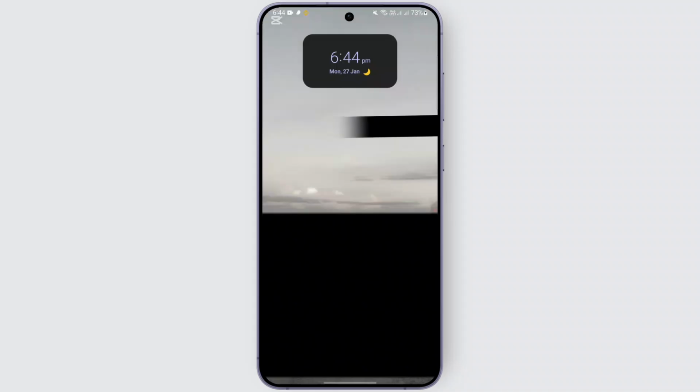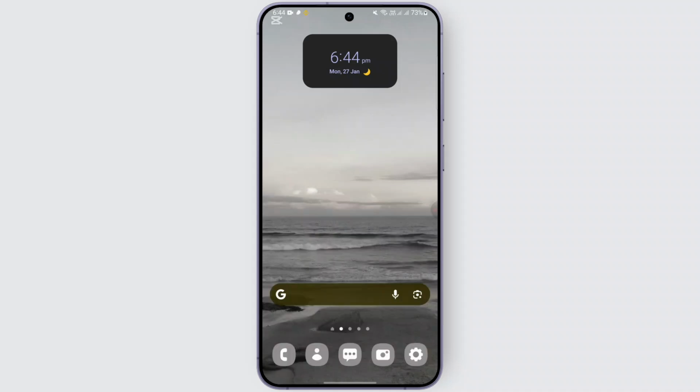So that is it. That is how you find out your phone model of your Samsung phone as well, by following up this method. So therefore, I hope this video was helpful to you